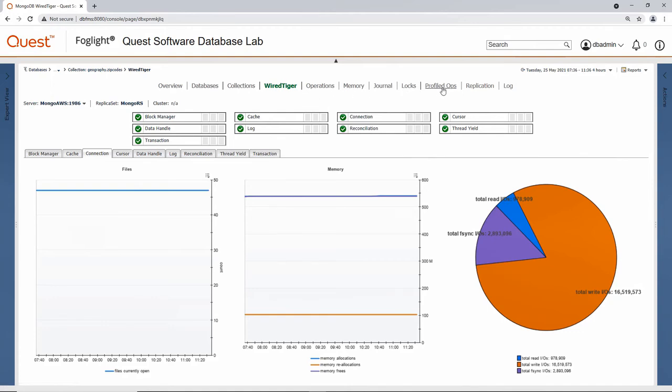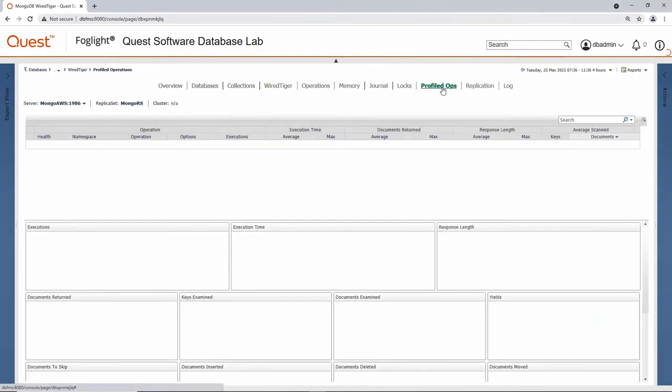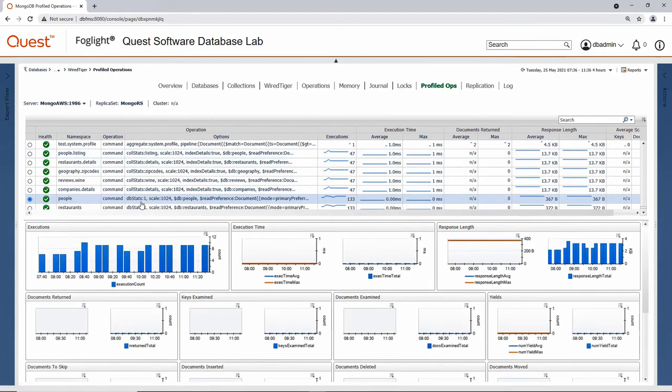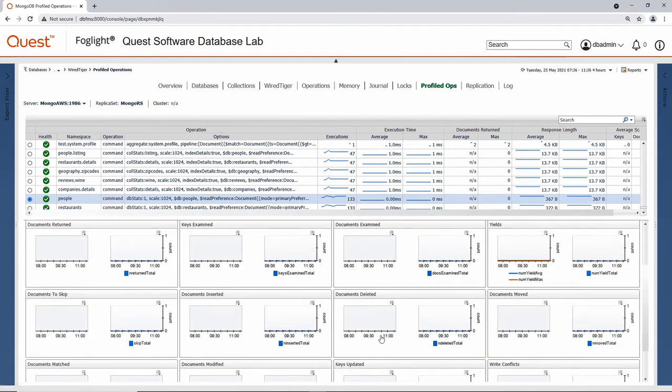I'll skip across a few tabs though and drill straight into this Profiled Operations tab. Many of our customers are going to want to understand what are the queries and commands captured by the MongoDB profiler with their specific resource consumption, and that's exactly what this drill down would provide. We can pick a particular command or query. We can see the aggregate performance of that query in the table above, maybe allowing us to sort by execution counts or average response times, and then see detailed performance metrics about this particular query in the list below.